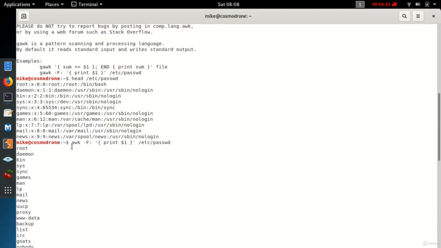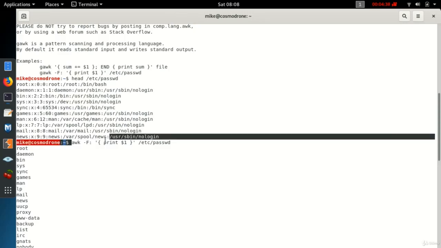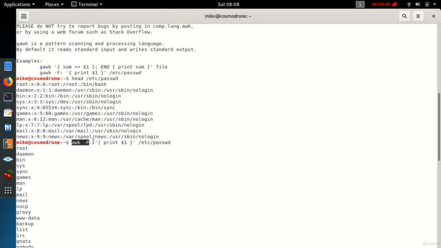I might be misspeaking here, so just as a forewarning, awk and gawk, I think we can use interchangeably, at least for our purposes in terms of how we're going to use the command. So let's talk for a second, we talked about the field separator, we can change that. Let's talk about